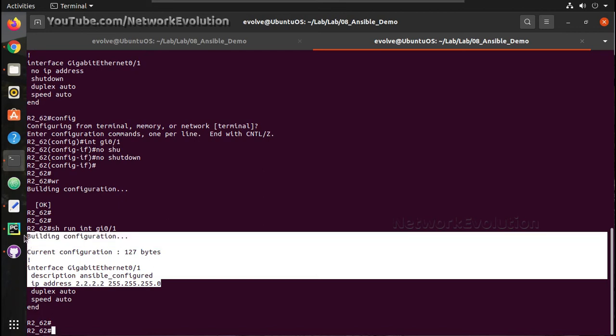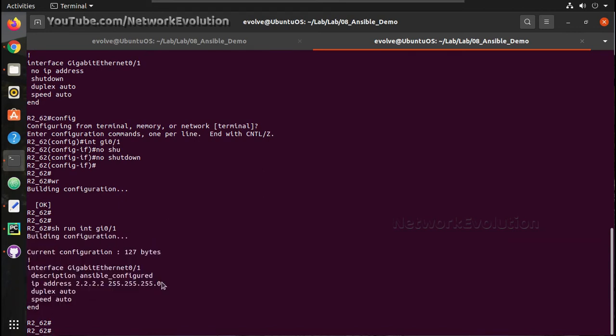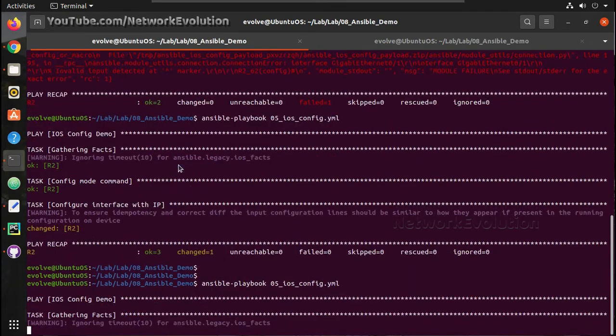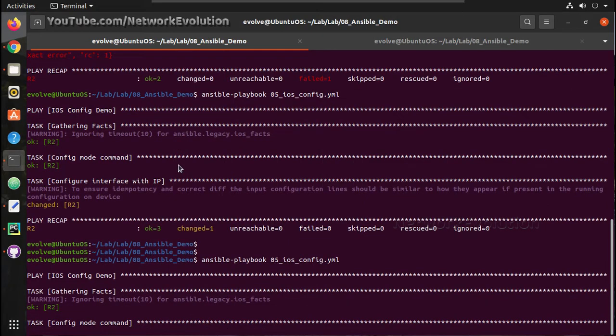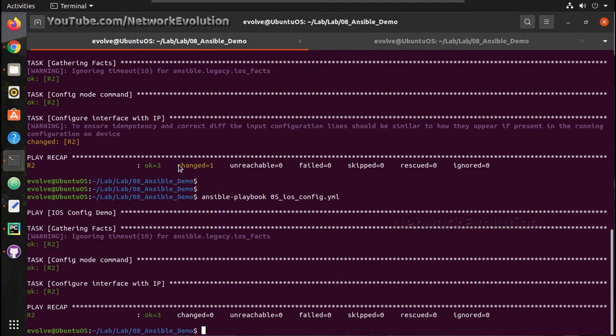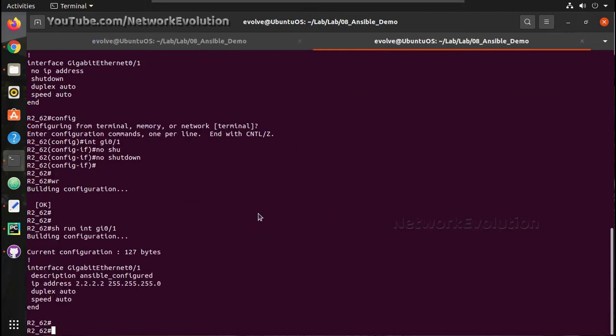You can see it has configured the interface with the IP address and description. Now let us try running this playbook again. Now you can see it is not changing anything because it already has the same config.